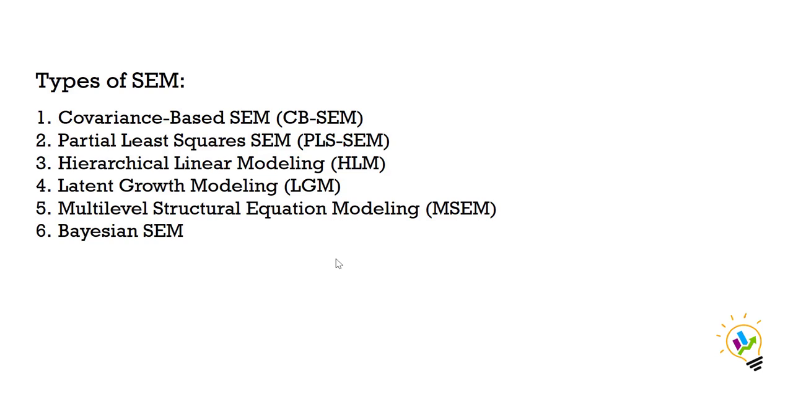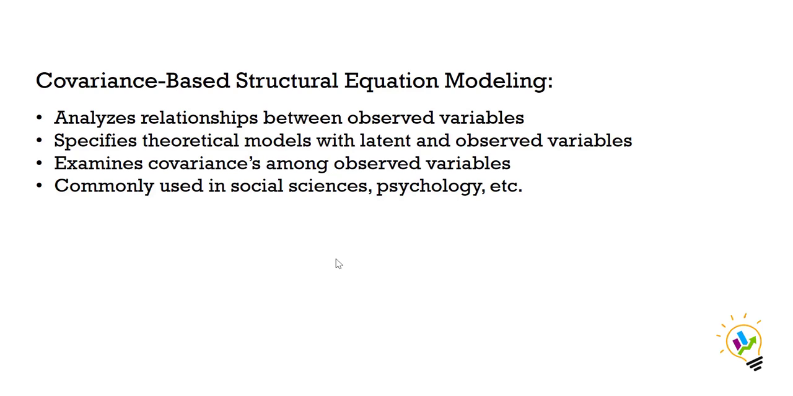Here I have listed 6 types of SEMs: covariance-based SEM, partial least square SEM, hierarchical linear modeling, latent growth modeling, multi-level structure equation modeling, and Bayesian SEM. So these are the 6 types of SEM. In that we are going to discuss about